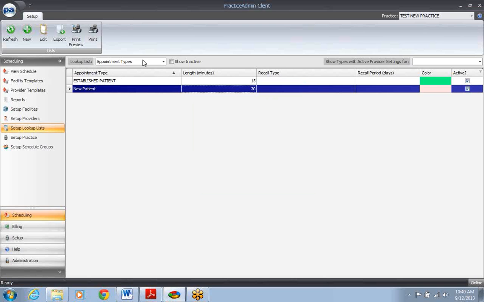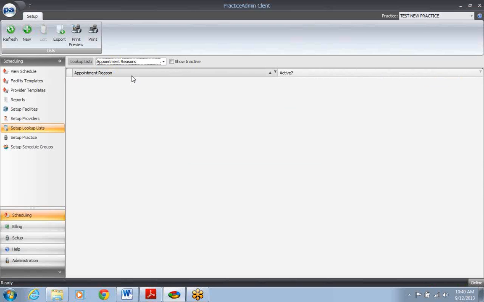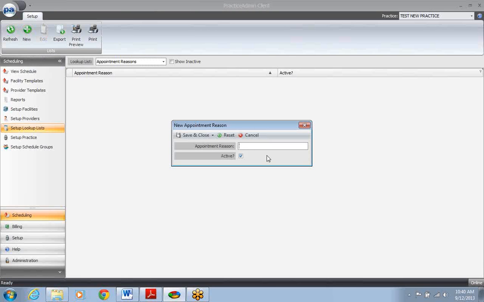Alrighty, now we'll move on to appointment reasons. Appointment reasons are an optional field when you're booking patient appointments, and basically you could drill down to more specifics as to why the patient is coming in. So, for example, we set up the appointment type as new patient. Now, if we want to give a reason, we could put yearly